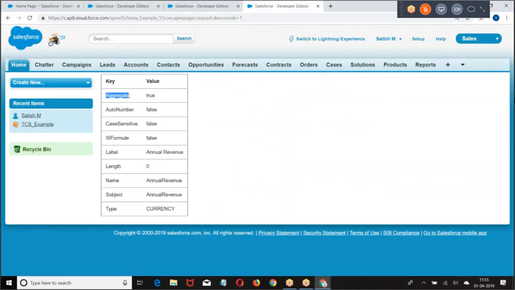So is it aggregate, auto number, case sensitive, is formula, label, length, annual revenue, is object, type, currency.